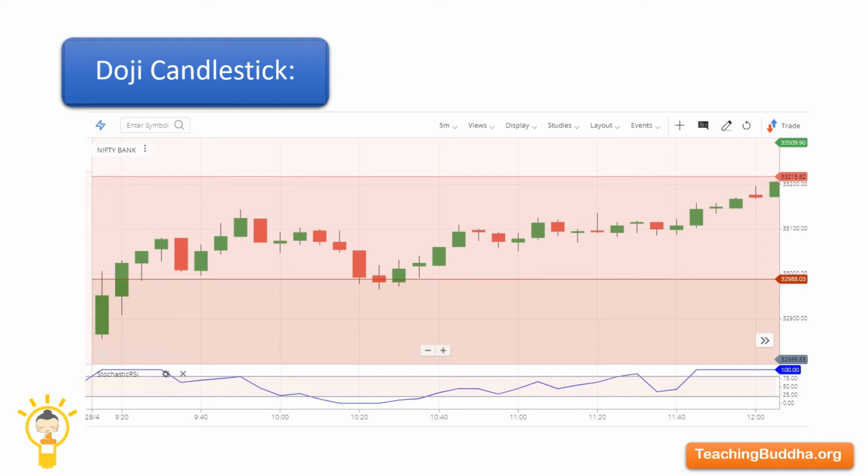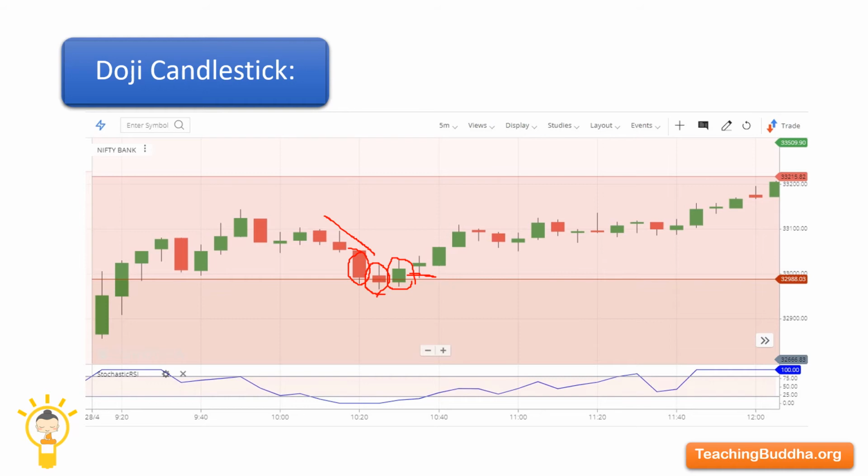Nifty Bank chart. Here also there is a downtrend. Very big bearish candle. Right after the big bearish candle, you can see a spinning top formation. And there is a bullish candle. In the downtrend, you need a confirmation candle like this bullish candle to be sure that the trend is going to reverse.